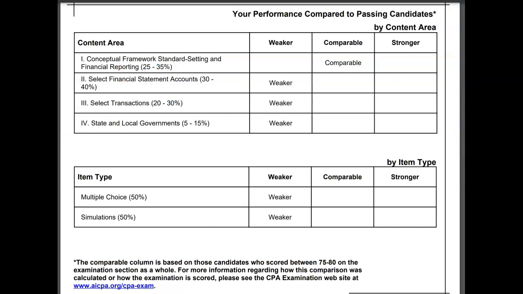And if you failed FAR, you probably received something from the AICPA that looks like this. And the more it says weaker in these content areas, the more concepts you really need to work on. And the problem is, if you don't improve in these content areas, you will likely get a lower score on your next attempt at FAR. And we certainly don't want that to happen. So let's take a look at some must-know multiple choice questions for FAR and improve on your concept understanding at